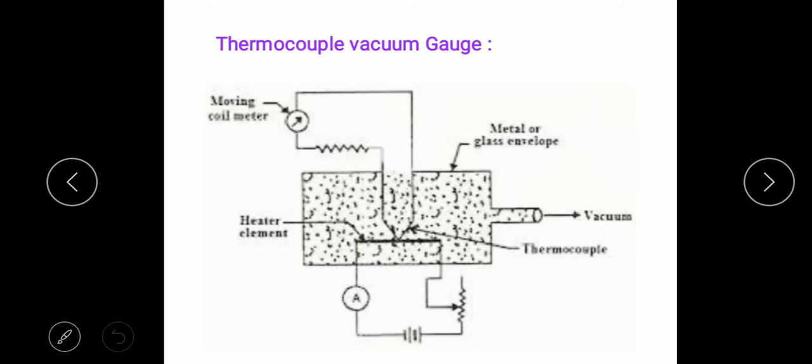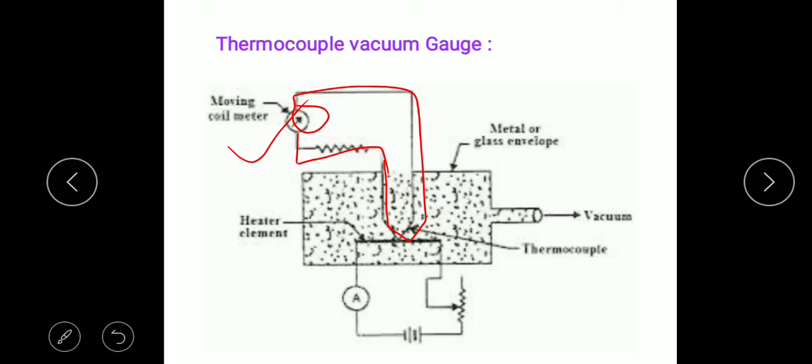Now in that, some special arrangement has been done where the circuit is present. In that we can see the thermocouple is there, and that thermocouple is connected with the voltmeter to measure the final voltage or the final reading. The thermocouple, we all know, its main function is to measure the temperature of the metal part. So this thermocouple is connected to the voltmeter here. Here is the voltmeter, and the thermocouple is present in the vacuum gauge.